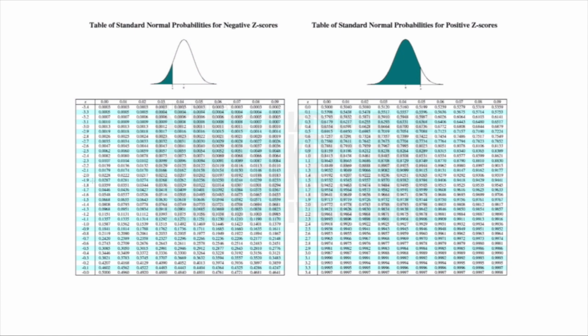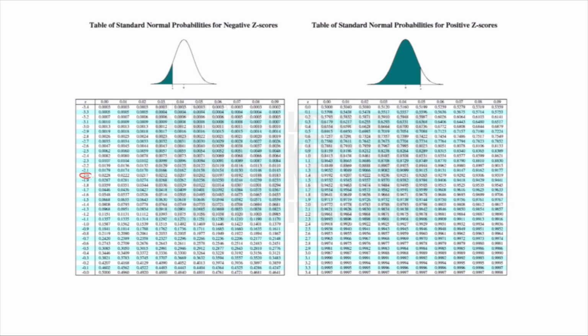Here is your normal distribution table. There are 2 tables. Give more importance to the diagram above each table. The first table represents those values that are shaded towards the left side, that is the green shaded area. So if you find any value from this first table, then the shading would be like that. When I come to this second table, if I find any value from this table, that is a positive Z score, then the shading will be like this. As we go further, you can also understand the shading part.